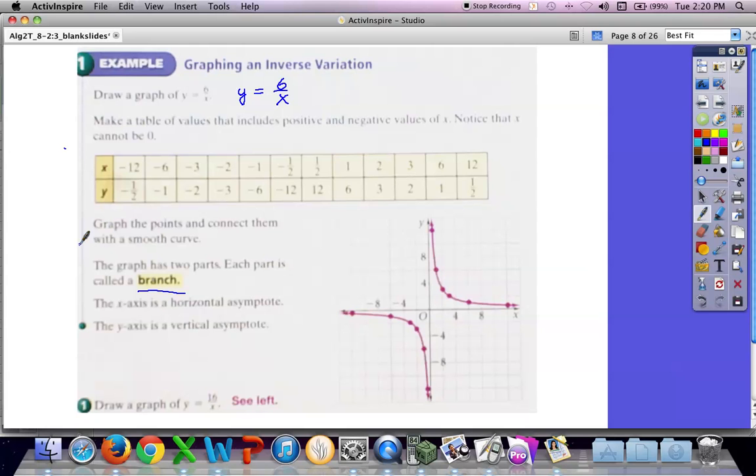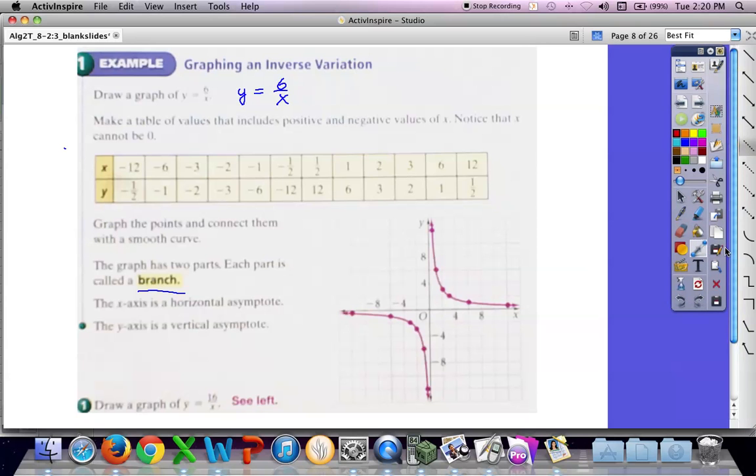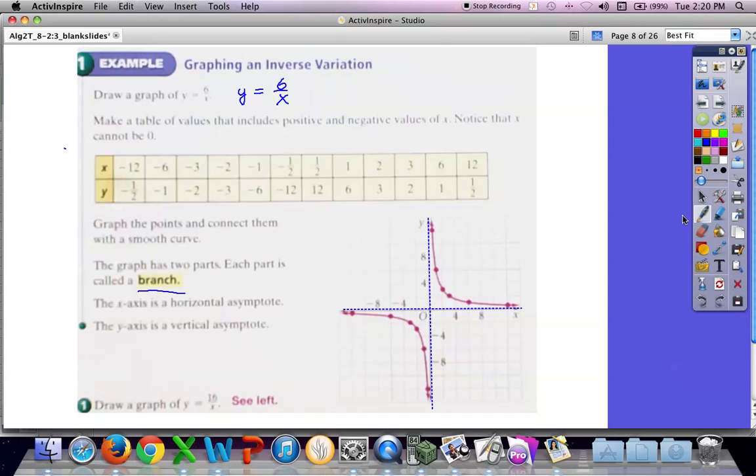What you can see on this graph, and I'm going to do it here, make it a blue because they used red for the graph. But it does have an asymptote on the y-axis. It has an asymptote on the x-axis. And it has the asymptote on the